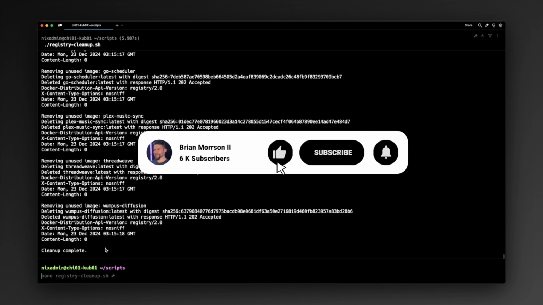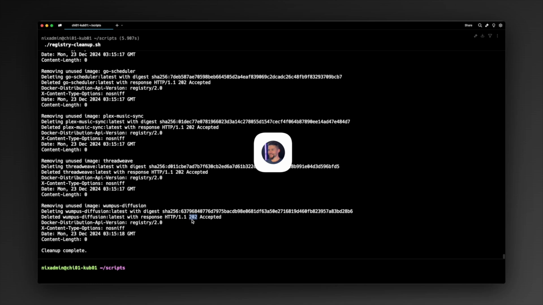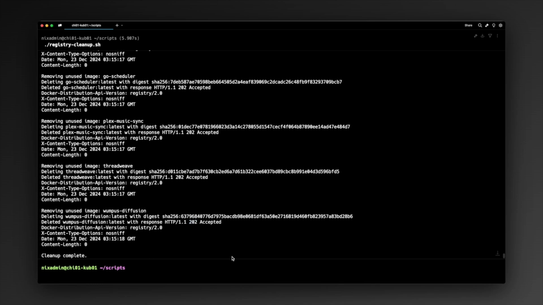Okay, so you can see I have a lot of output here, but the key thing to note is each one of these echoes out a 202 Accepted, which essentially means it was processed successfully. Okay, so now that this is done, what I really want is